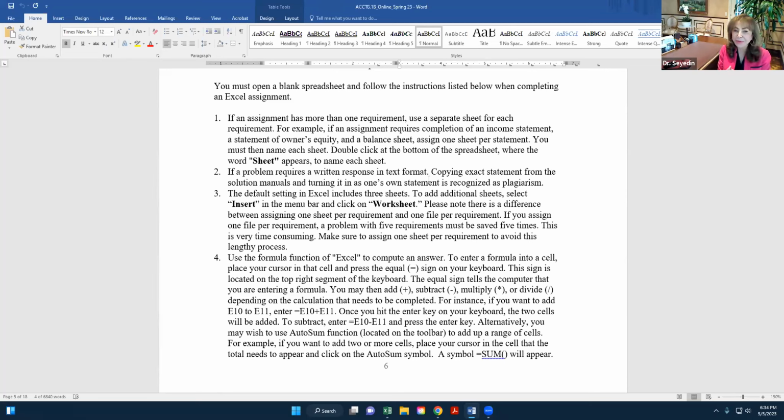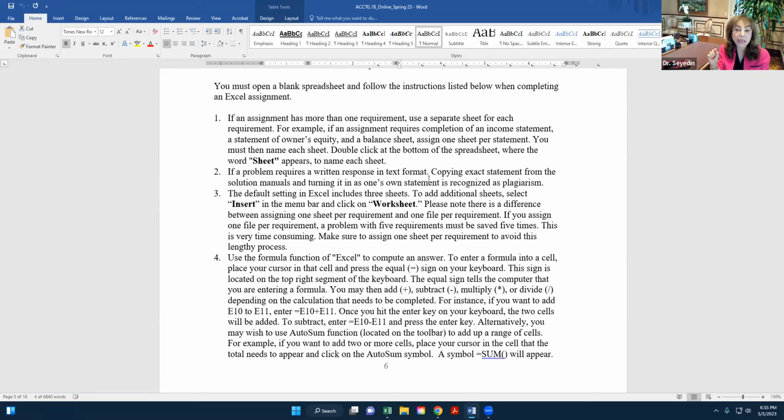So number 1 and 3 are really the same. It says just you can insert more sheets, which I already showed you how to do. Just click that plus sign at the bottom of the spreadsheet. All right, now requirement 4 is the most important one. And if students miss that, I will subtract 3 points per missing,